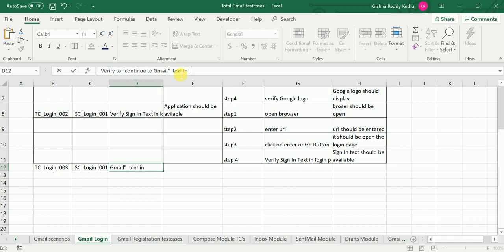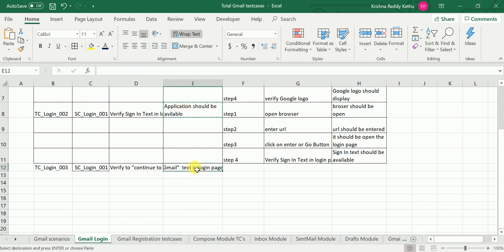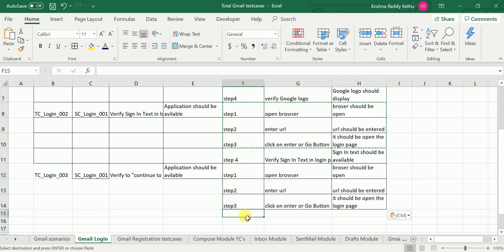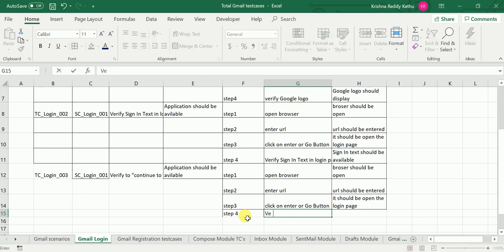text in login page. Okay, what is my prerequisite? Same prerequisite. These first three steps are common. So step 4, verify